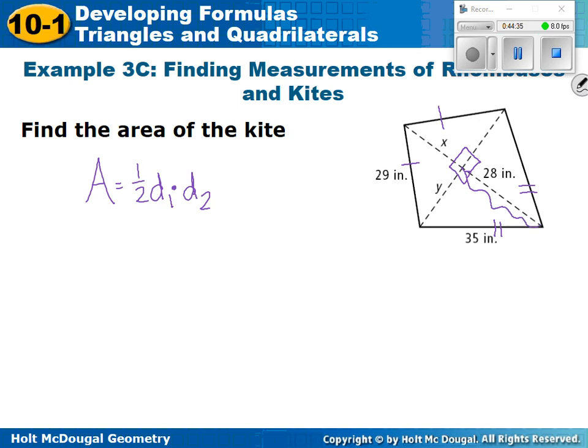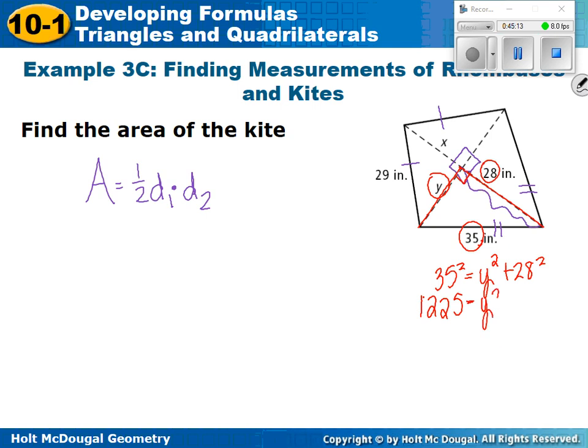Okay, Pythagorean theorem with the 35 and this triangle right here. Does everybody see that this would be a right triangle? And we know this is 28, this is 35, and we can solve for y. What would my Pythagorean theorem be? 35 squared equals y squared plus 28 squared. What's 35 squared? 1,225